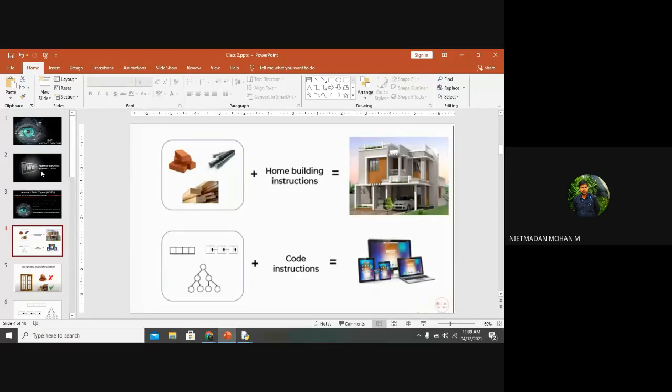So first, take this example. The first image represents the requirements of building a house, and the instructions of house building will develop the house. In the same way, the data structure plus the code instructions will develop the application, website, or program, whatever you are going to build. So the data structure will play a major role